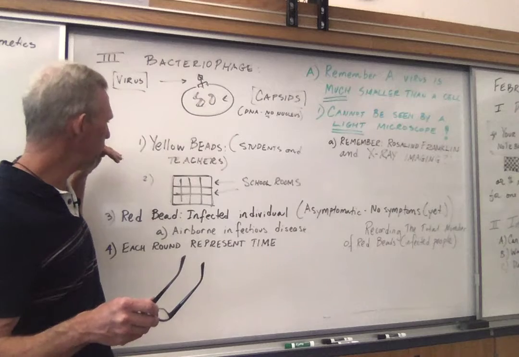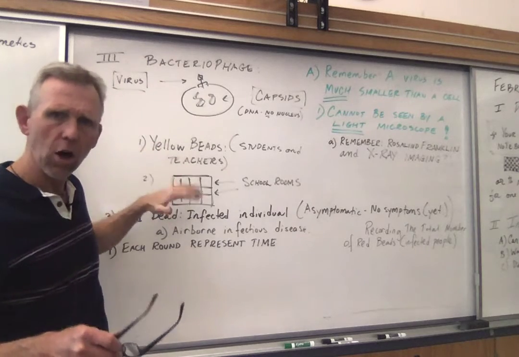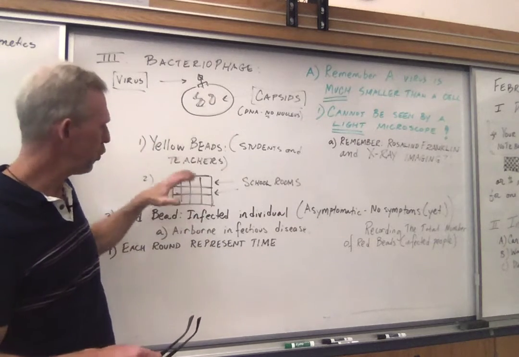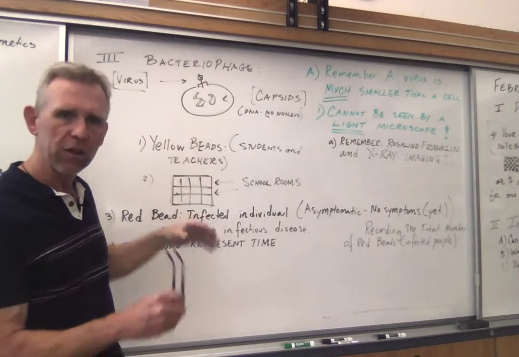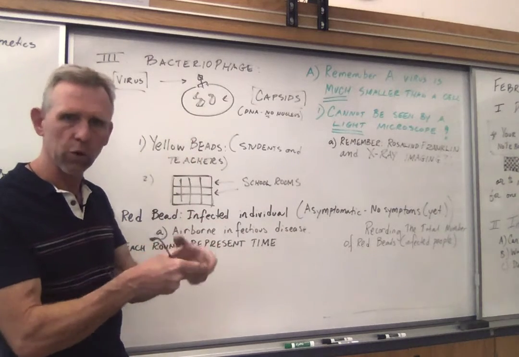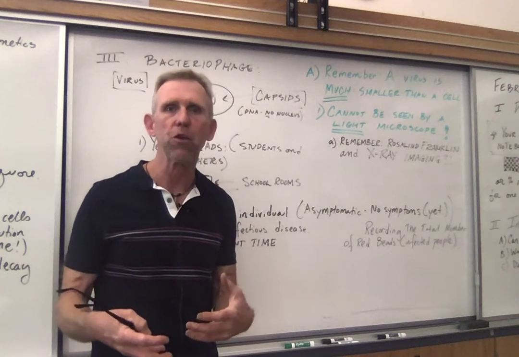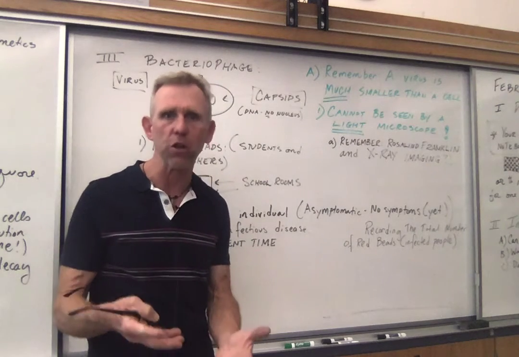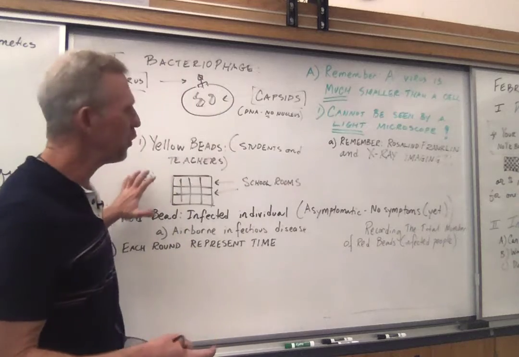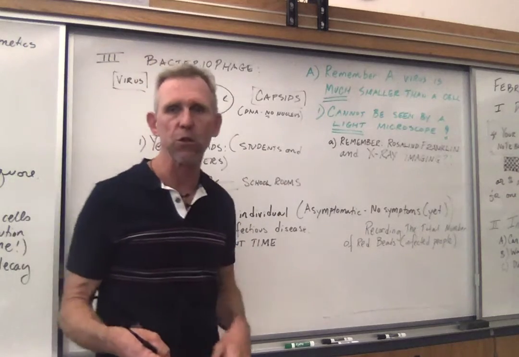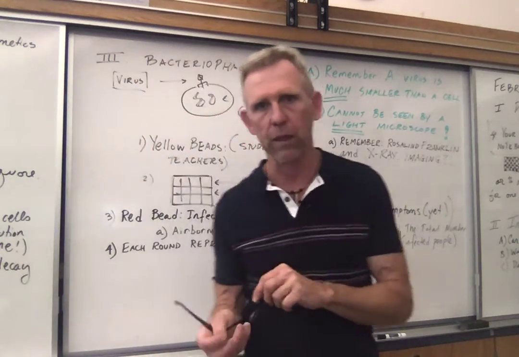Moving on from here, we did a little bit of an online activity where Dr. Guccione had some beads that were collecting in squares, the squares representing classroom, and showing how quickly everyone in a population can get infected. Now, there was variation along those lines, and the variation goes along really, really well with the very last screen I'll show you about Punnett squares, which we'll be getting to later.